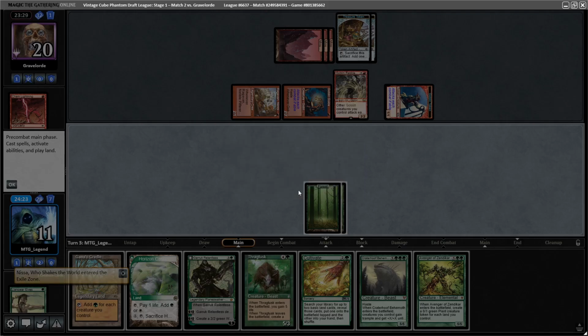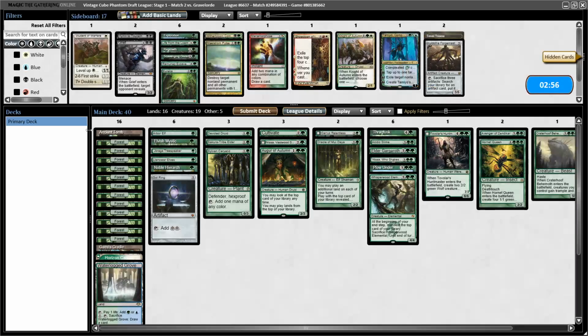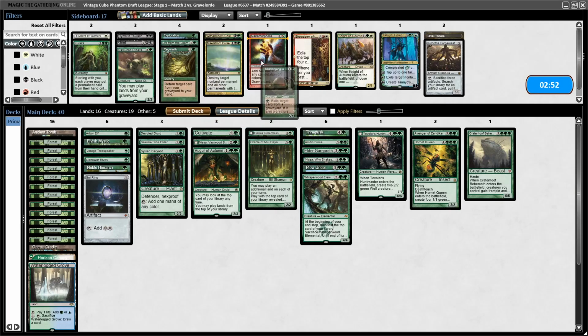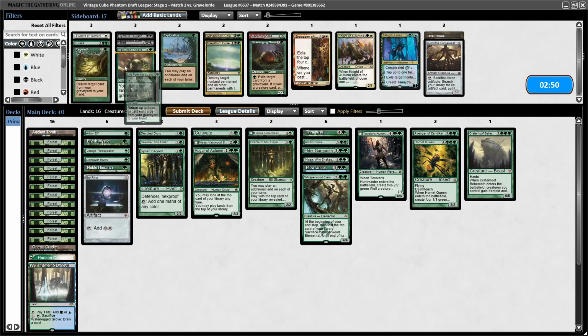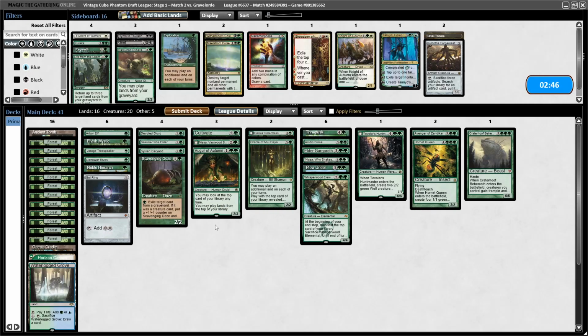I'm just going to scoop, save everyone some time there. The Chain Lightning really devastated me. My hand was slow to begin with. My only option is whether to bring in Scavenging Ooze. I think I will, because any life gain is good life gain. And then I will cut...